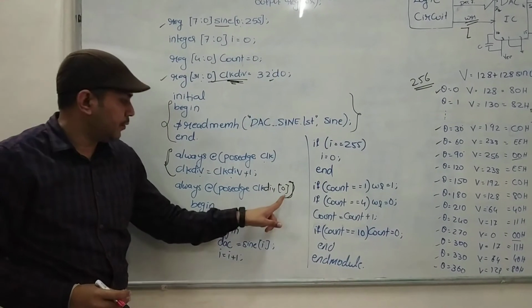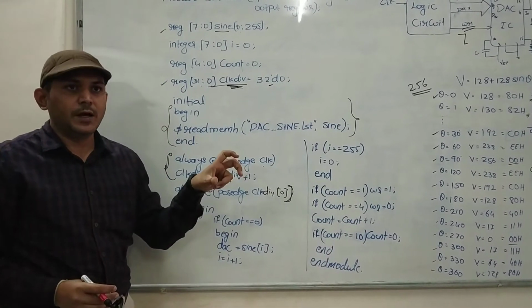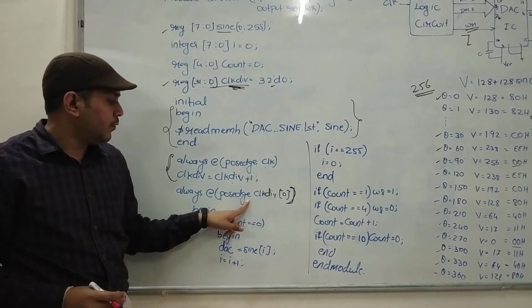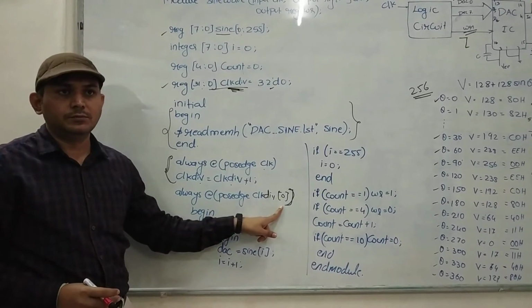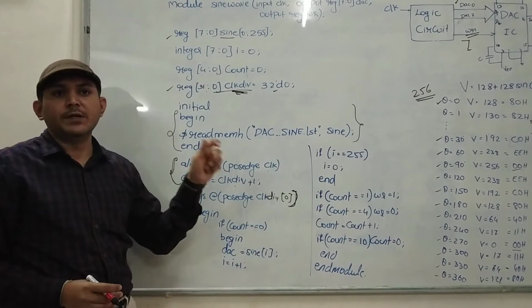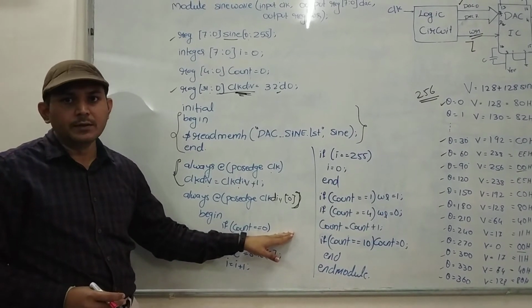So it means that for every 2 clock pulses we are counting. That is the meaning of it. So it reduces the frequency. Earlier it was directly for the positive edge of the clock. Now it is not. Now it is the positive edge of the clock due. So for every 2 clock pulses when I count, then obviously the frequency will get reduced to half. So that is the idea. Okay.